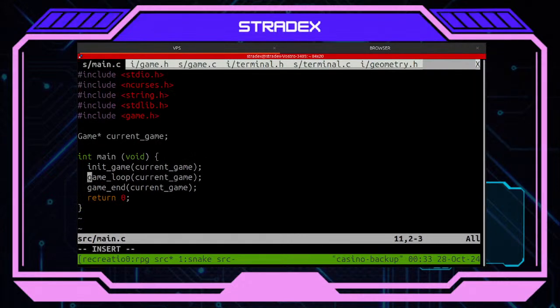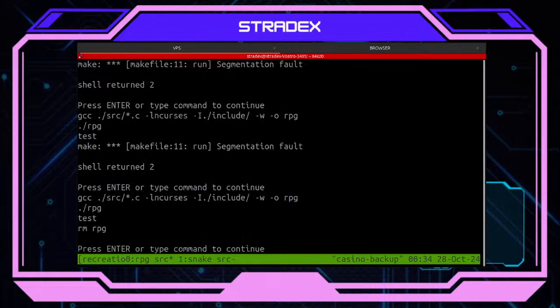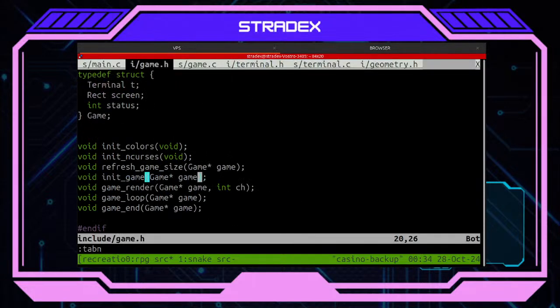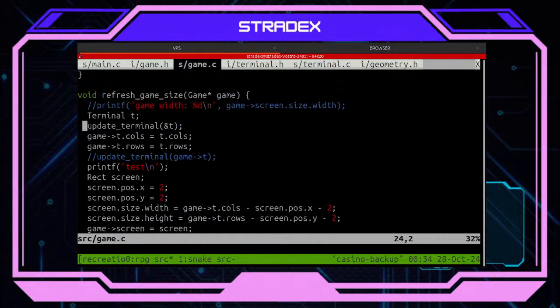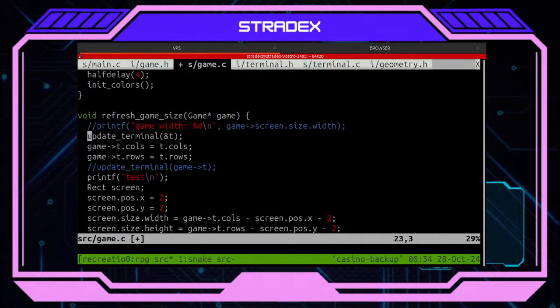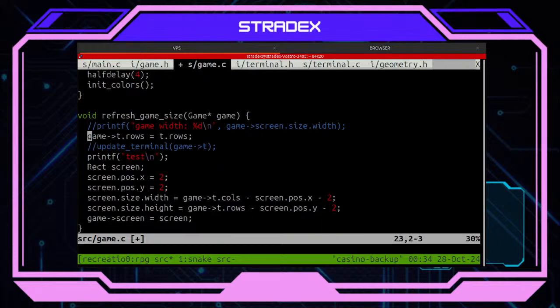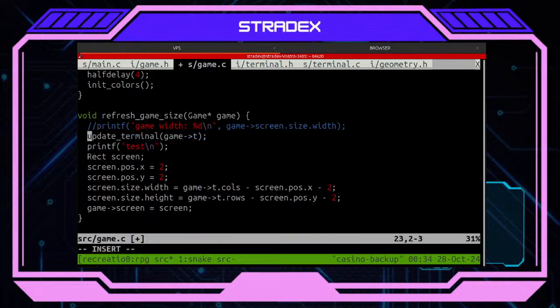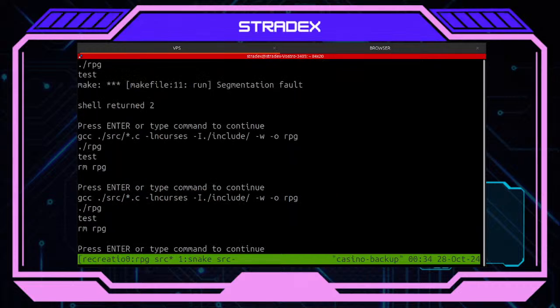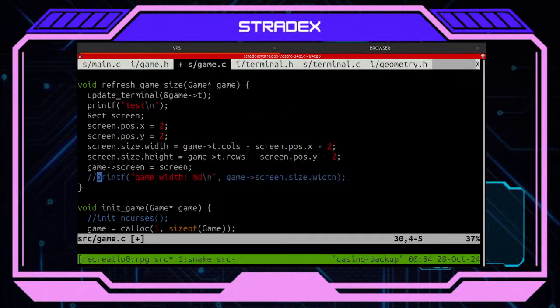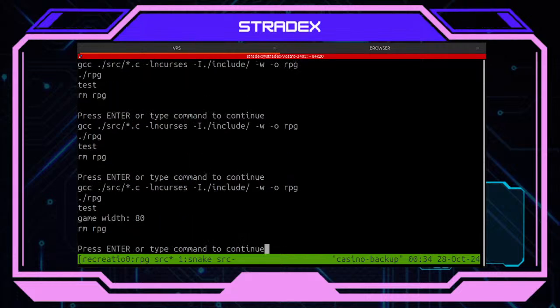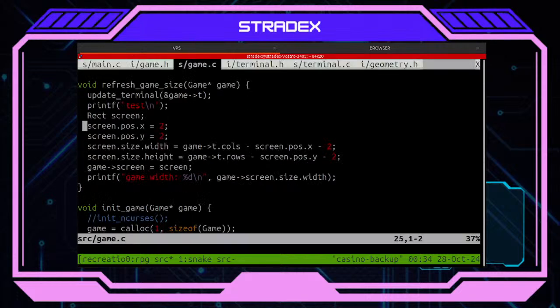Let's ignore this game loop for now. Okay, so by this game loop here, I should be all okay. What if I ignore this, ignore this, ignore this, and let's go like this? What happens if I do this? Yeah, it seems to work. What happens if I go like this? It seems also to work, right?